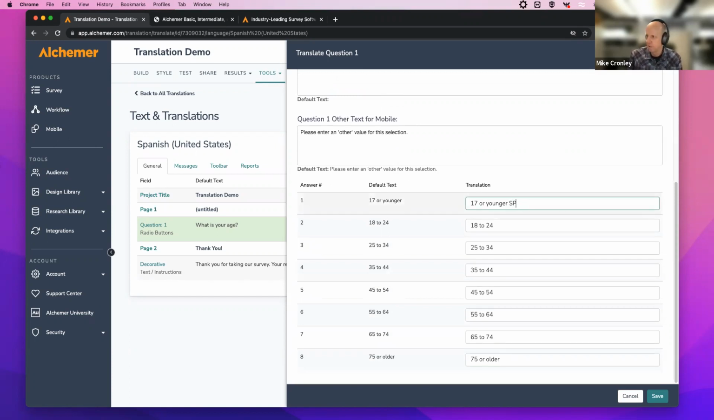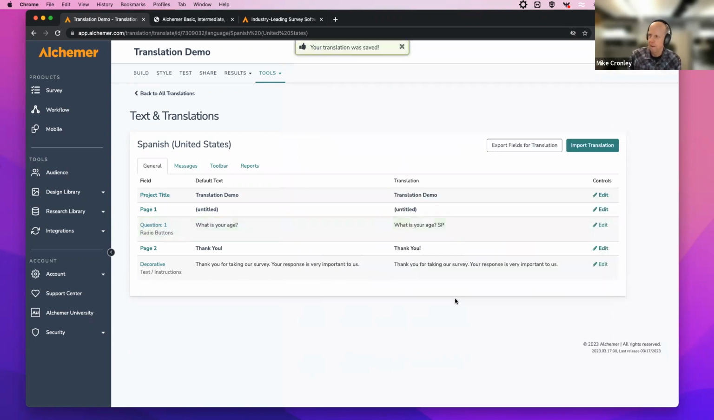So I'll just put SP to show the effect when I demo the output of this. So in essence, I've done a quick translation of the survey. So I'll save it. Okay. So now the survey's translated, and the ability for the respondent to select their language, I think, is a good thing to offer to the respondent in case what's being presented on the screen isn't really the language they prefer